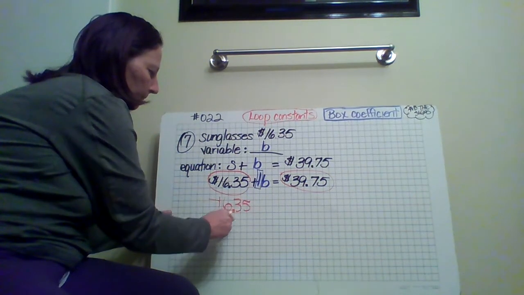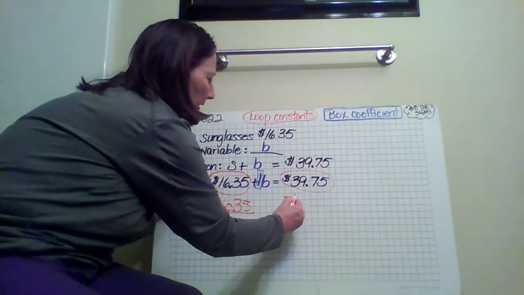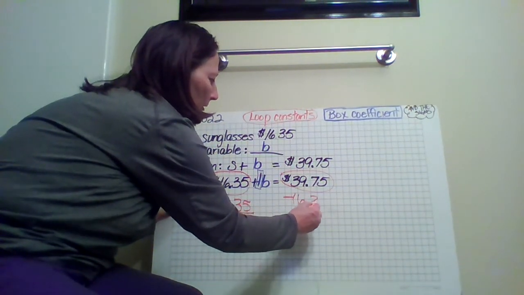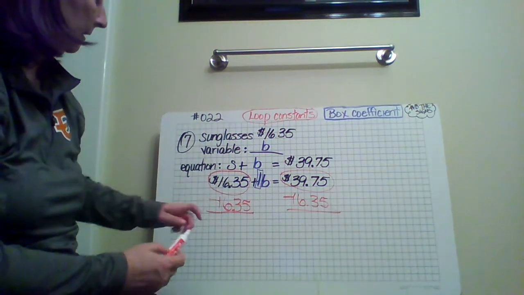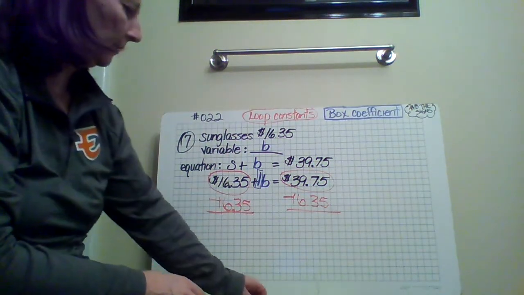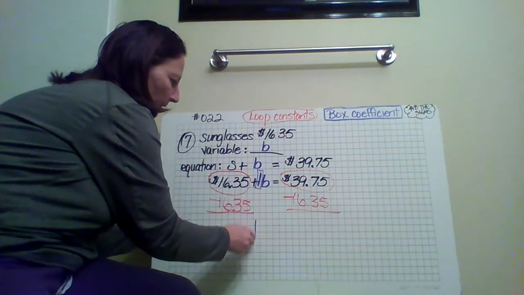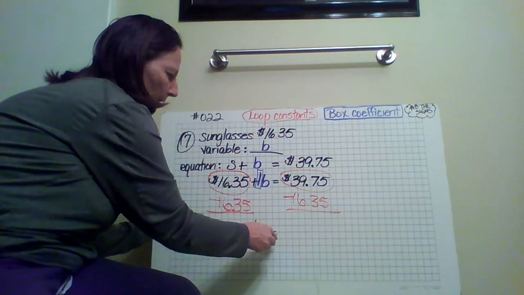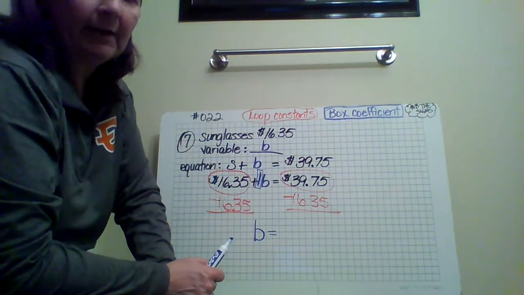I subtract 16.35 from the left. Whatever I do to one side, I have to do to the other side. 16.35 take away 16.35 gives me 0. So I'm just left with my variable on this side, which is letter B. And on this side, we have 39.75